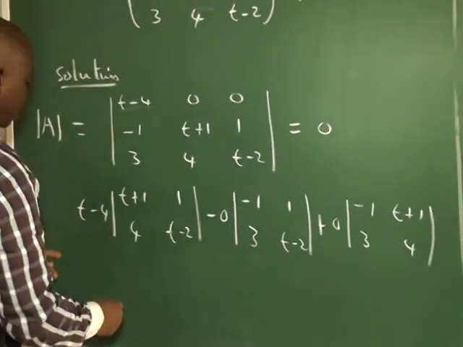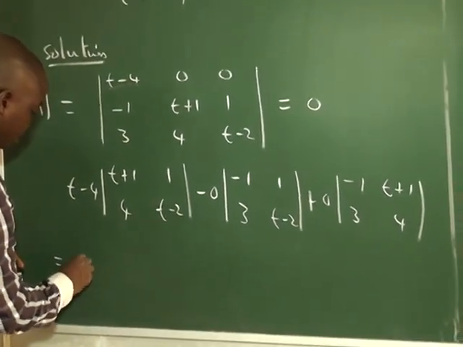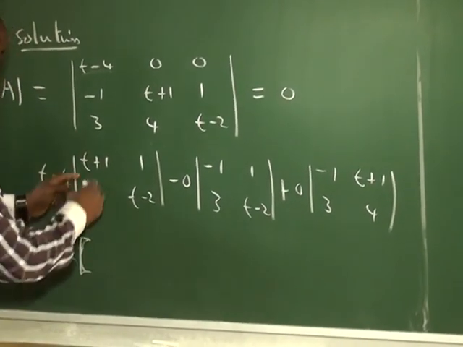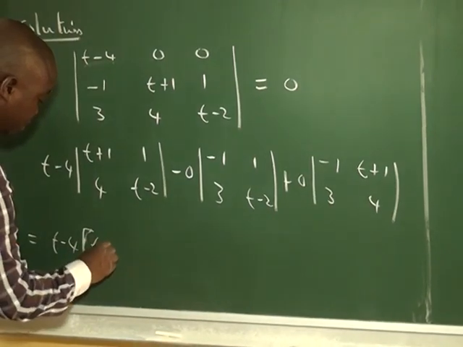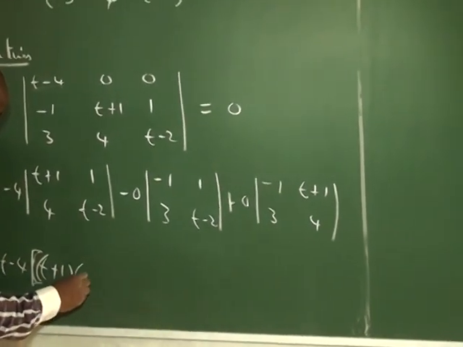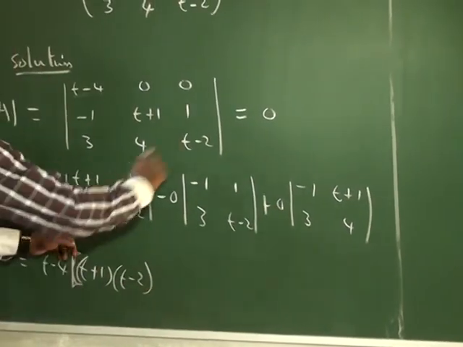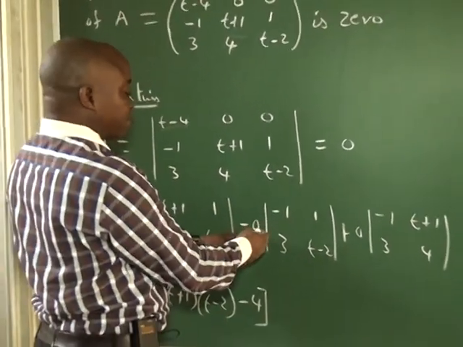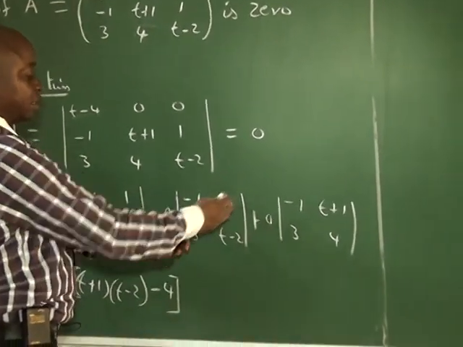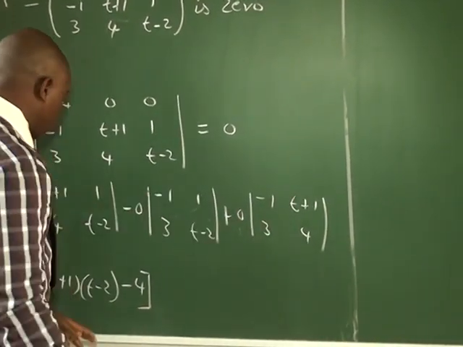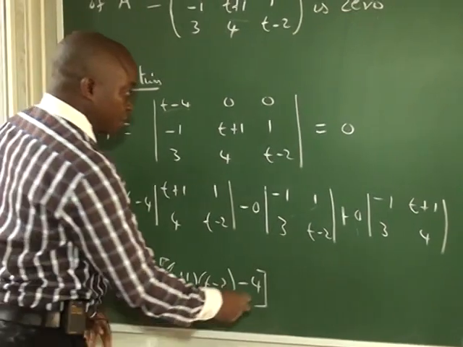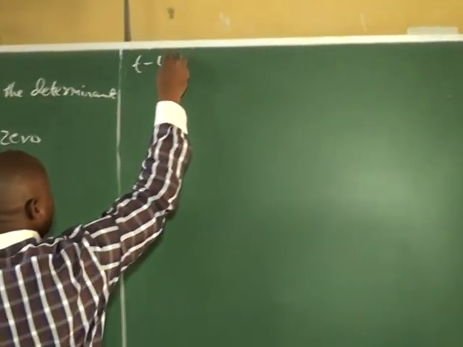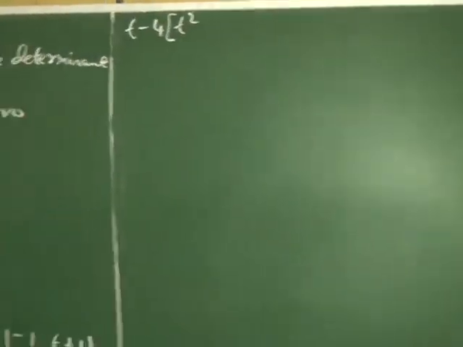Right, so here, this will give us t minus 4, then this time this is t plus 1, t minus 2. If we go this way, we have minus 4. Then, because of the presence of 0, 0 times everything here is 0. 0 times here is also 0. So this is the only one that we have. And we are told that this will be equal to 0. So we have t minus 4, t squared, that is t times t,